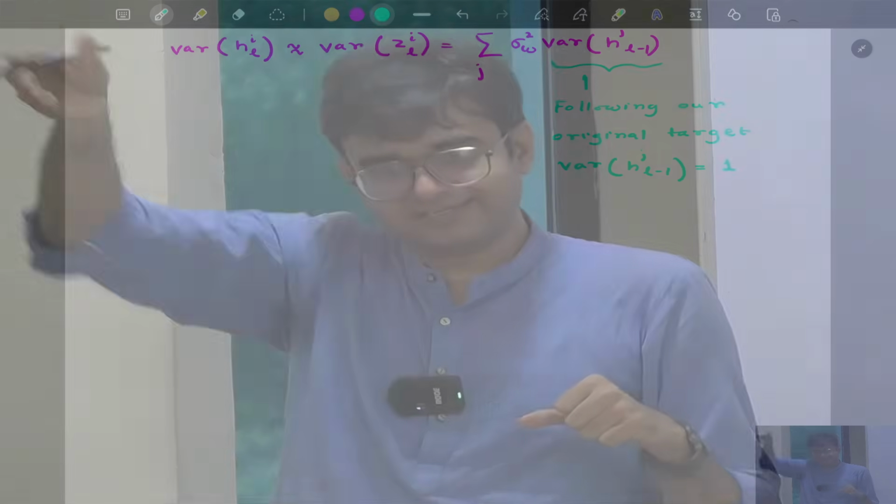So h1 is set, then I will go to h2, then h2 is set, then I will go to h3. So because it is a recursive relation, at L minus 1 I am going to assume that it has already been set,